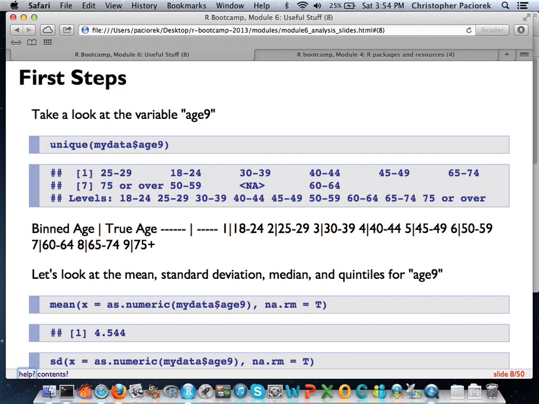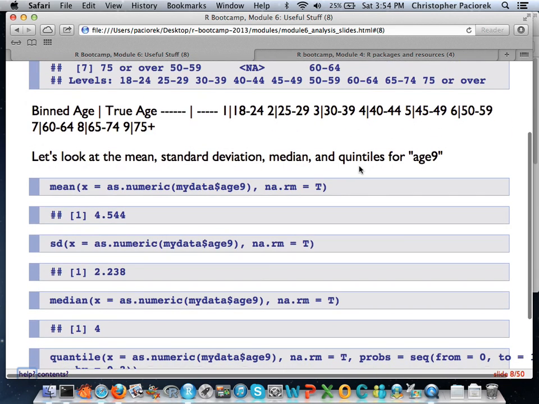So say we wanted to calculate the mean, for instance, standard deviation, that sort of thing. We can do this by ways you guys have already seen, right? We have to convert this data to as numeric in the first place to get away from this factor issue. What R is going to do is sort out a general ordering of these variables, and then it will assign some sort of placeholder like 1, 2, 3, 4. So you can get this idea here. In terms of R's binning, it says the average age is about 4.5. If you look back at the uniques in the age variable to see what number it actually assigns, this ends up being around the 40 to 44 range.